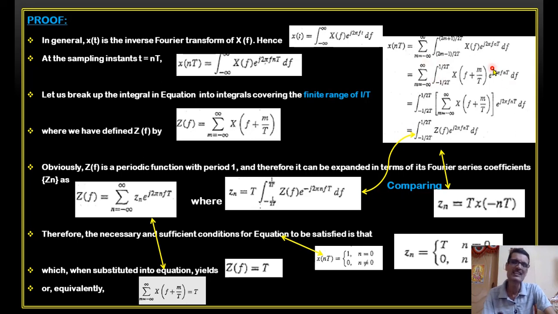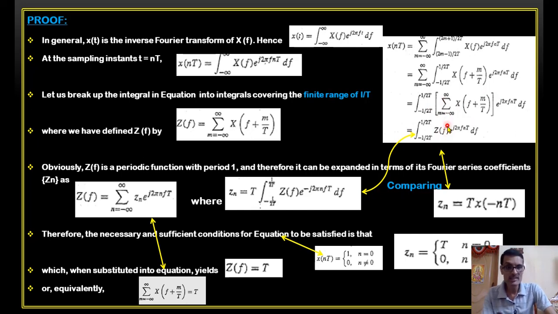All these things I have done in my notes. Please refer to my notes. My students can refer to my notes. This is simple mathematics that I have done. I have changed the integration with respect to f dash here. You may wonder why f dash is not there, because df is equal to df dash. That's what I'll get. And this lower limit is changed to this limit, and the upper limit will change to this particular limit. The overall range is 1/T, from minus 1/2T to 1/2T. The overall range is 1/T. Rearrange the equation, bring that summation inside, just change the order, that's what I'll get, right? Then this entire thing, I will take it as Z(f). So this is the equation I got, right?